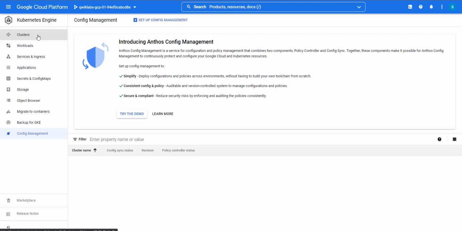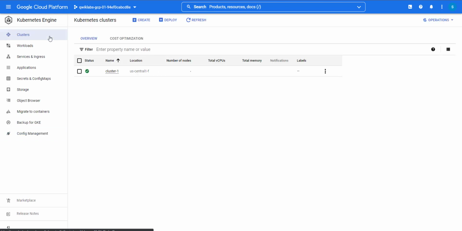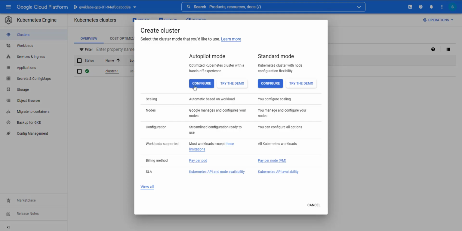So first of all let me click on cluster. I'll tell you how to create the cluster. First of all you click on create. When you click on create, there are two modes to create a cluster. One is autopilot mode and another one is standard mode. Based on your project requirement, you can choose. For now, let me choose the standard